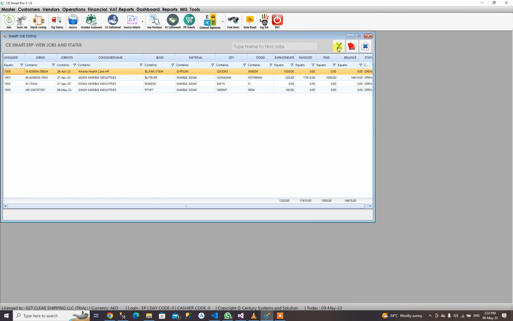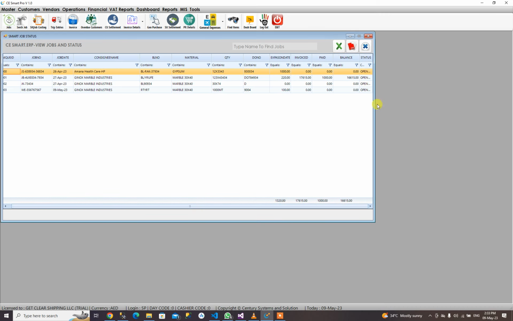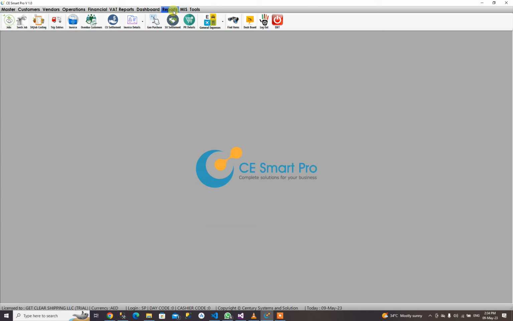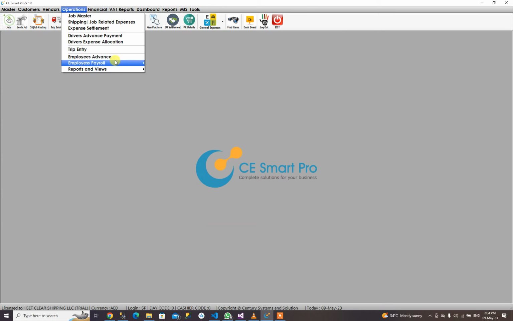And you can export this information to PDF or Excel. So in one screen you can see all your job information, the expenses, the income, everything here. This is one option. This is the job and the status. Now the other option is we can see